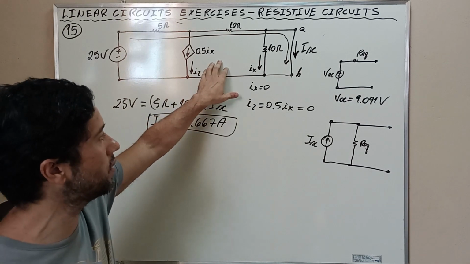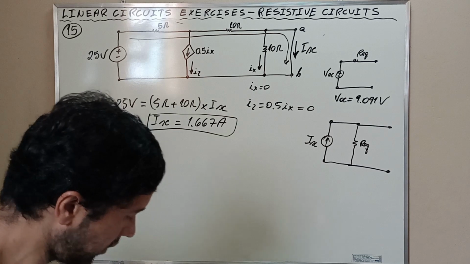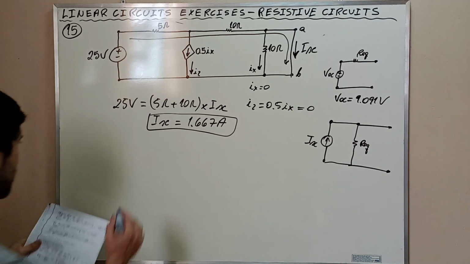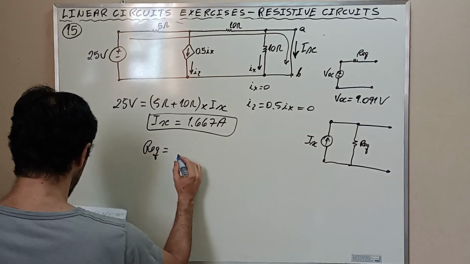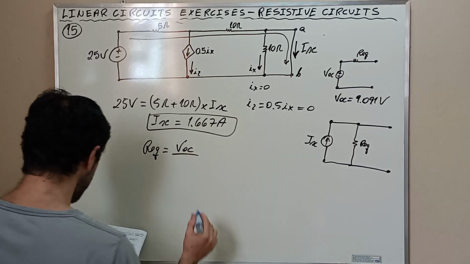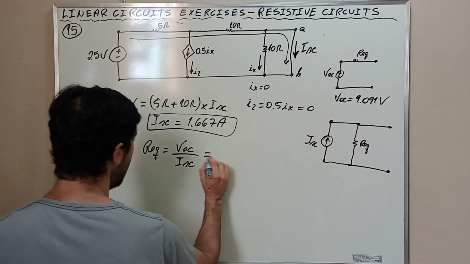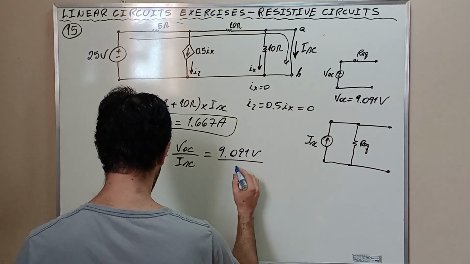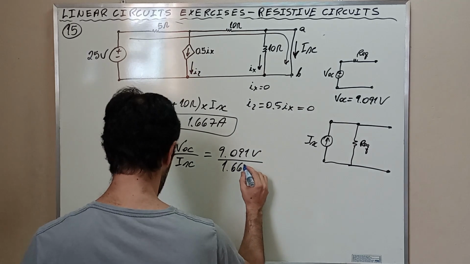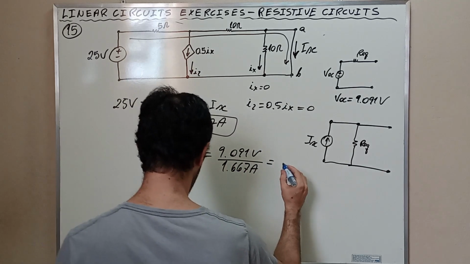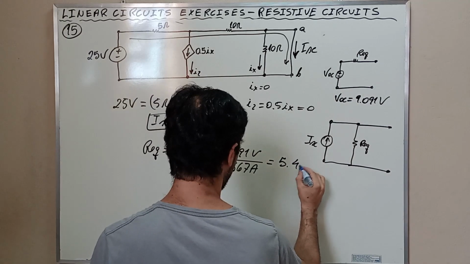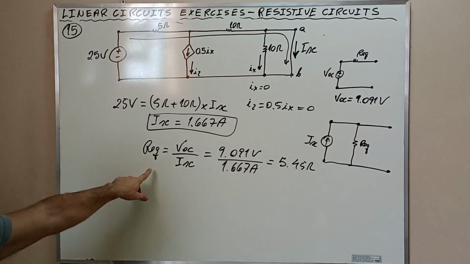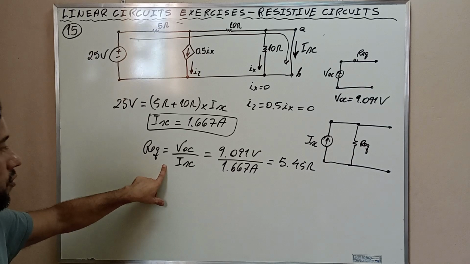We could have calculated the equivalent resistance in another way, but there is an alternative way which saves us a lot of time, which is to simply divide. The equivalent resistance is going to be the division between the open circuit voltage and the short circuit current, and this is 9.091 volts divided by 1.667 amps, and this is equal to 5.45 ohms, okay? This is very straightforward, and I invite you to try to remember this, to memorize it for your exam,